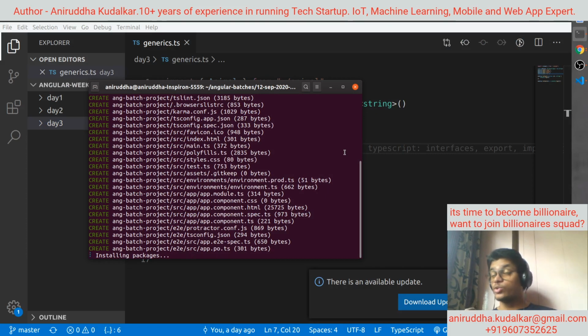See, first I created a repository on Git, then I cloned that repository, and into that repository we have created the Angular project, right?